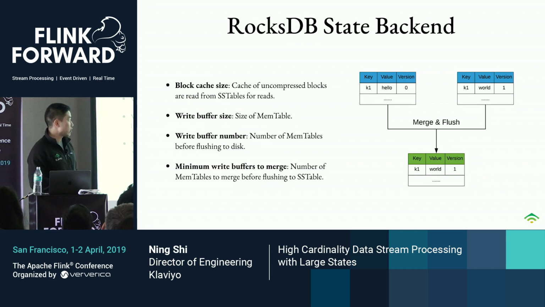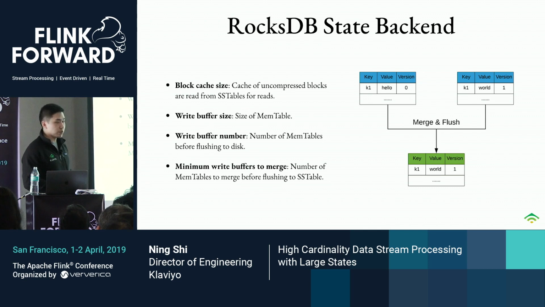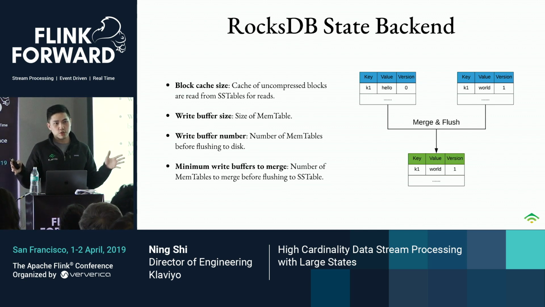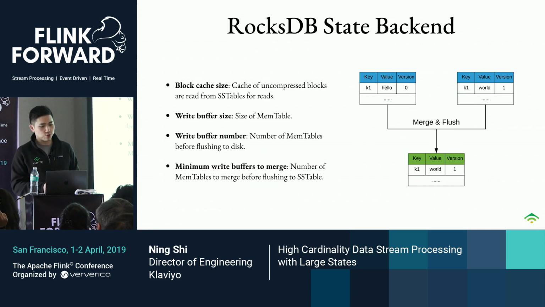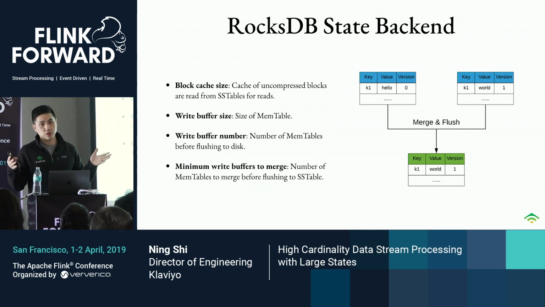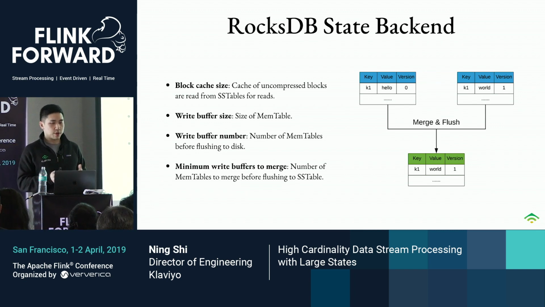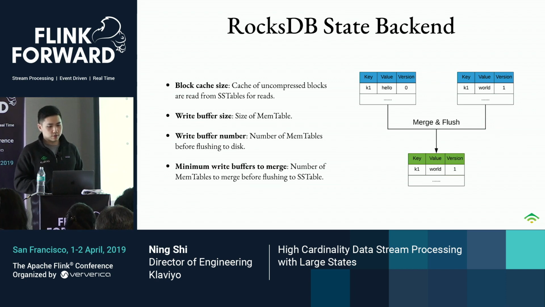The first one, block cache size. As you've noticed, all these parameters are actually tuning how much memory you want to use to cache values so that you can keep as much access as possible in memory. That's the key to tuning the performance. So block cache size, of course, limits the size of the block cache you want to use for caching reads. And typically bigger is better, of course, but that depends on how much memory you want to allocate to